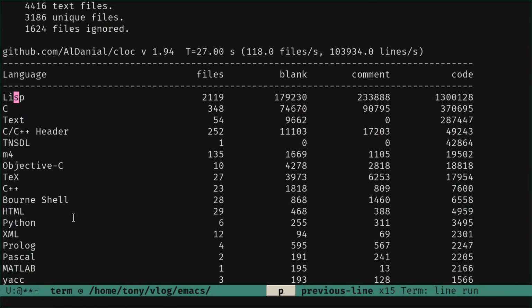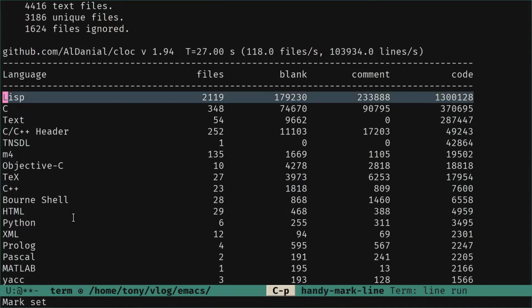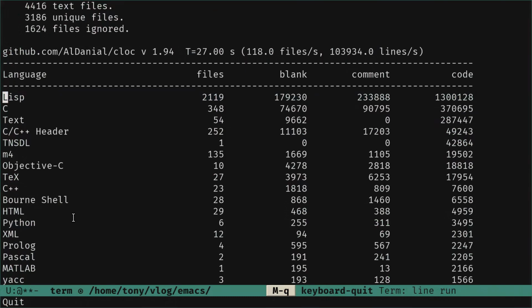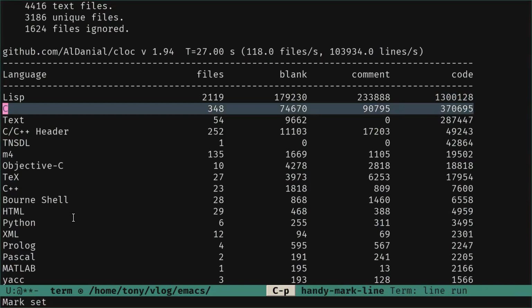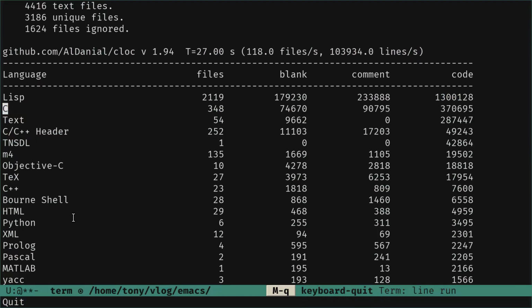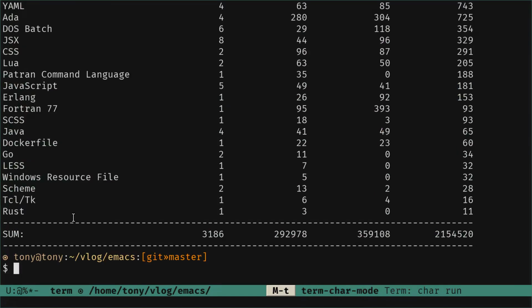You can see here for Lisp we have 2,100 files more or less, and more than 1 million lines. So it's huge, the opportunity to learn. And for C we have around 350,000 lines of code, and this is it.